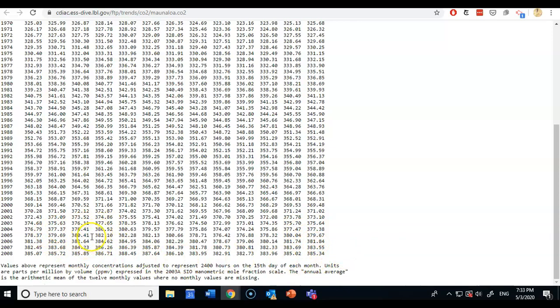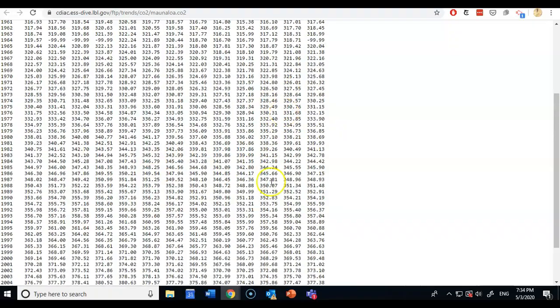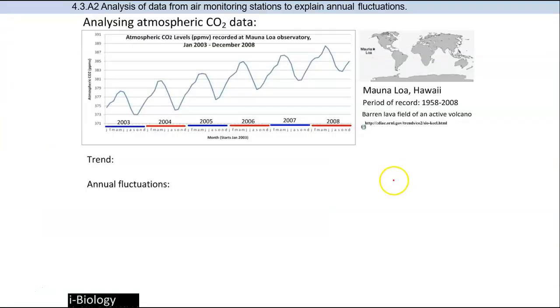And this is the activity that has been mentioned in this slide. So you open the link and you play with this information. You try to copy and paste these carbon dioxide concentrations, and you create your own graph from each year that is necessary for you, or you want to check how the information is. All right, going back to this slide, and these are the information taken from that